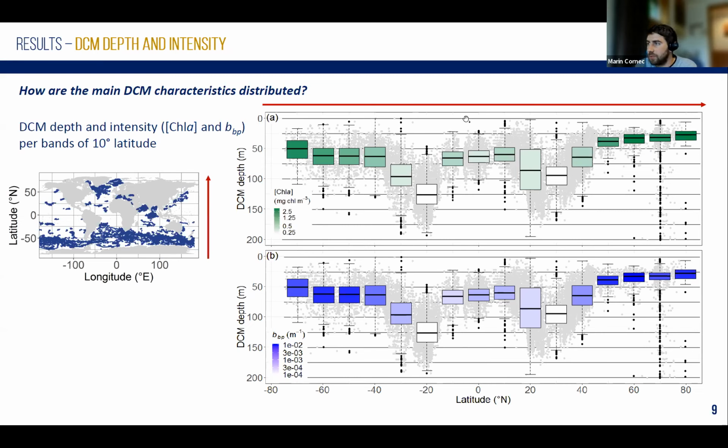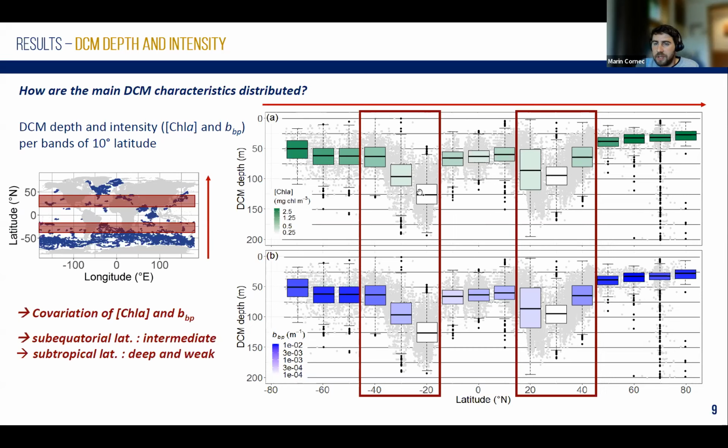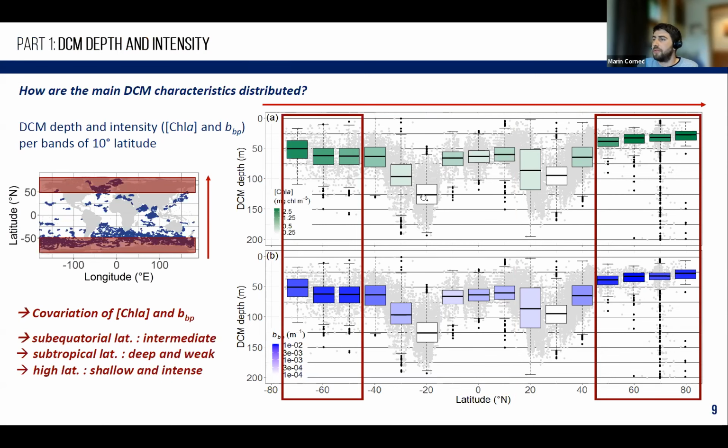And we can see here a symmetrical distribution around the equator, with a covariation of BBP and chlorophyll A values along this transect. For intermediate latitudes, we have intermediate depths and values of the DCM. When we go towards the subtropical latitudes, we see a deepening and a weakening of the DCM for both parameters. And finally, as we go to high latitudes, the DCM shallows and also increases in intensity. So to sum up this global observation, we have